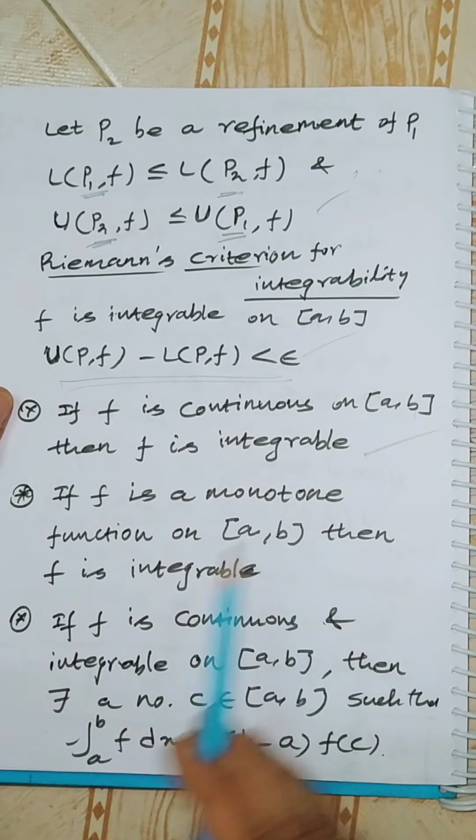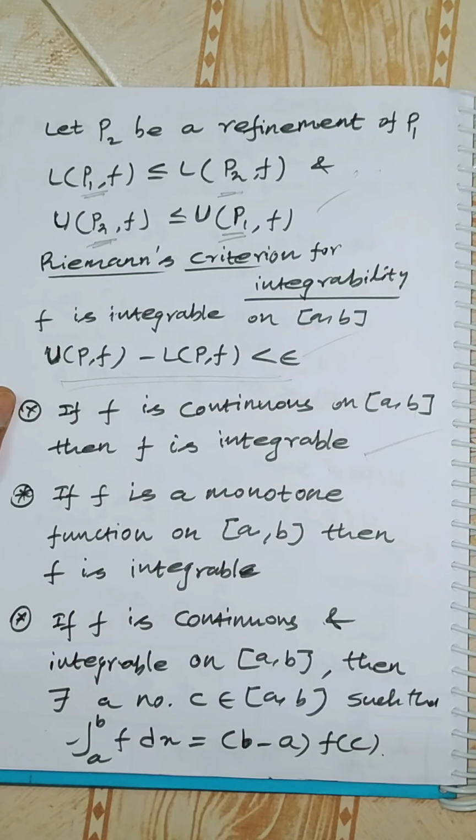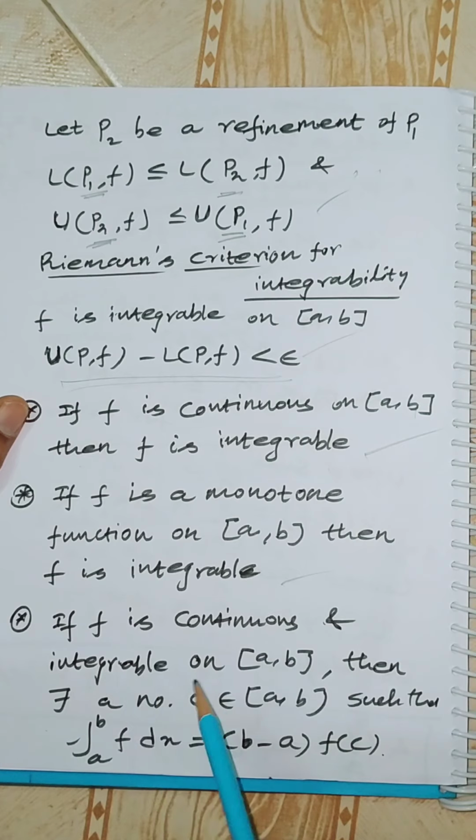If f is a monotone function, that is, either increasing or decreasing, it is called a monotonic function, then f is integrable. These are important theorems, and we are going to use them to solve our problem. If f is continuous and integrable on the closed interval [a, b], then there exists a number c in the closed interval [a, b] such that